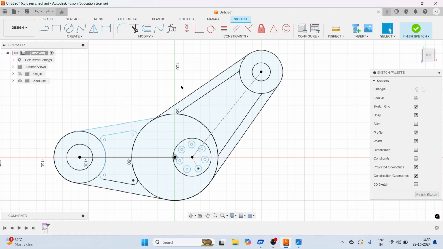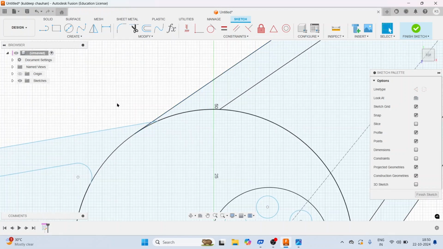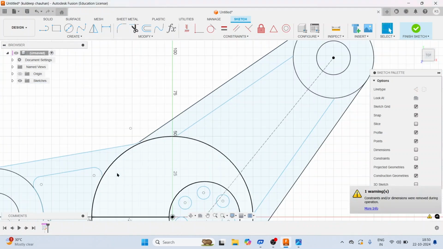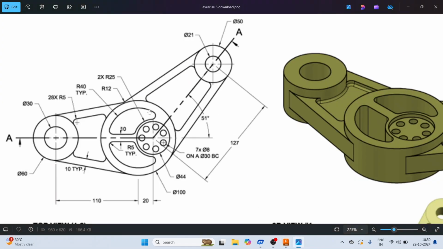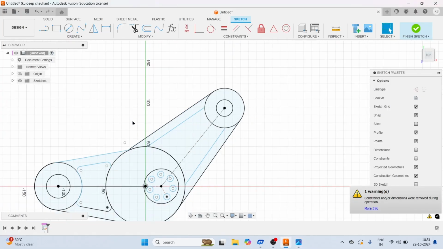So this part is ready. Now we can give this a fillet radius of 10 millimeter. Now we will fillet the interior part. The interior part fillet radius is 5, as you can see here. We will fillet them.